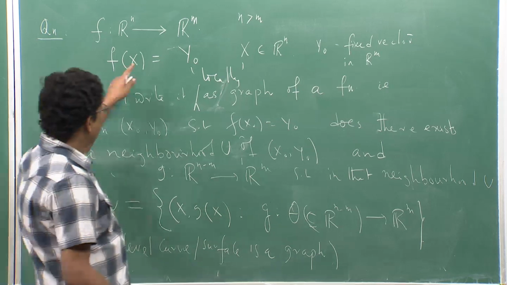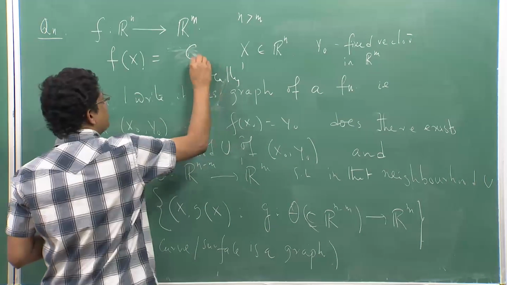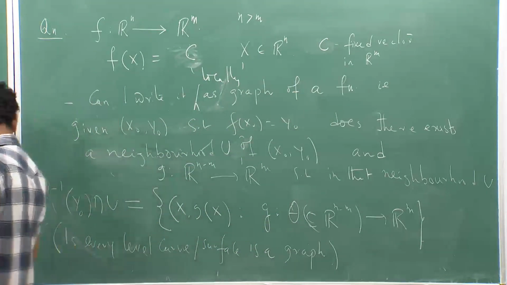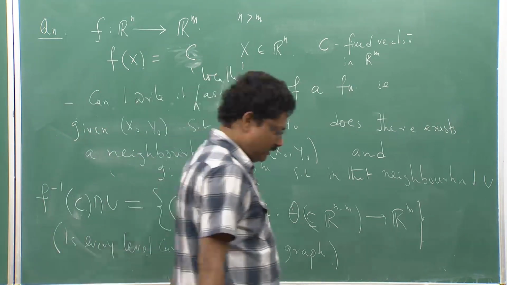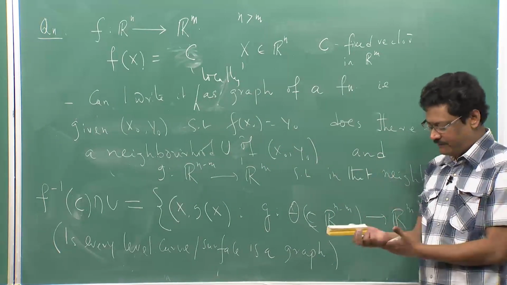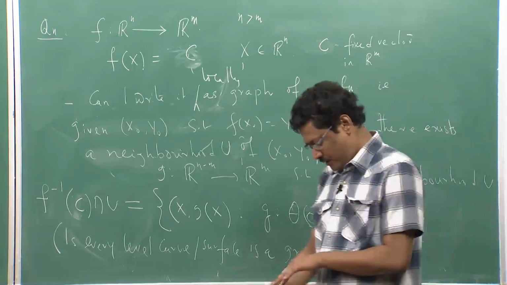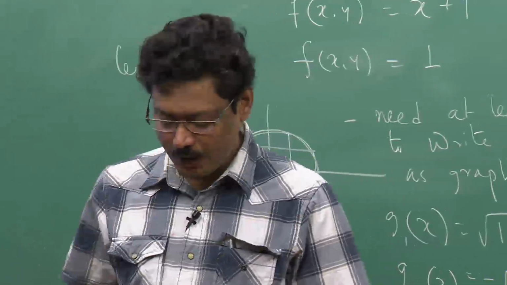There is a confusion because of this y naught, maybe I should change it to some constant, some c. c is a fixed vector in R m. So, f inverse of c is this. So, this is the question, and of course, the implicit function theorem says the answer is yes. But it is a very useful theorem in calculus,